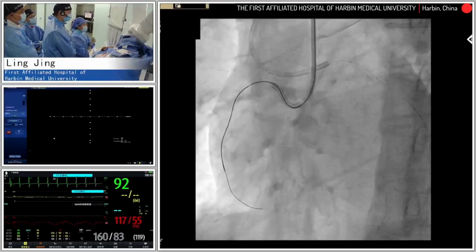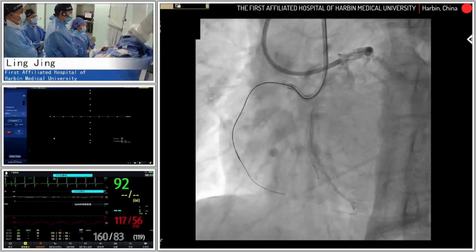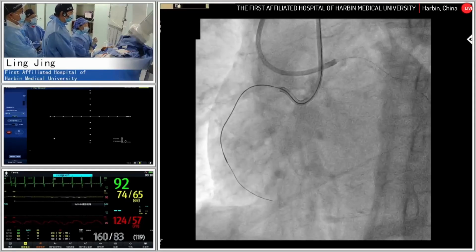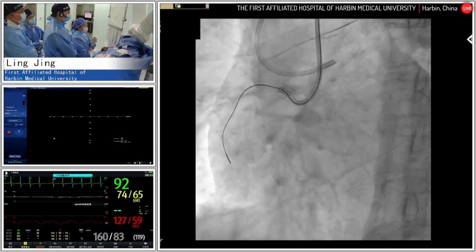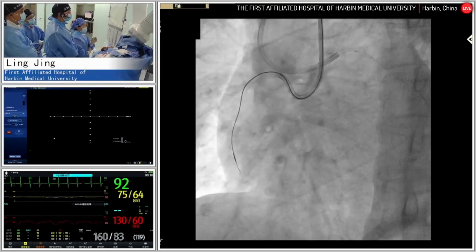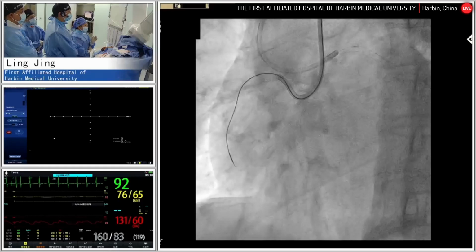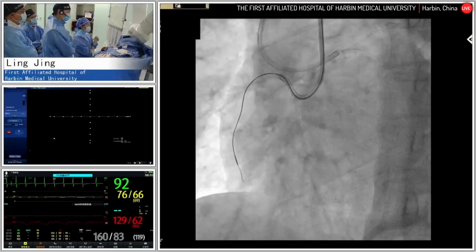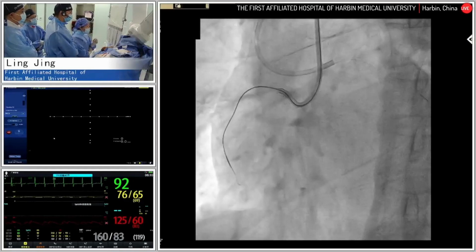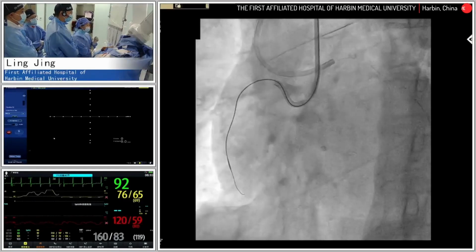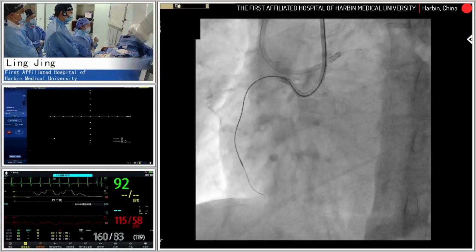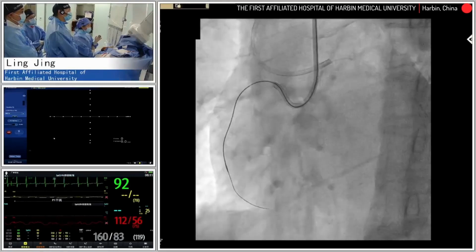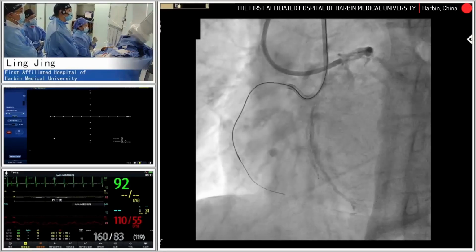For CTO lesions with a tapered tip, it's recommended to start with a tapered tip design wire with low to moderate perforation power, a polymer coated guide wire. Some operators may be accustomed to using a non-tapered tip polymer coated guide wire, such as Pilot 50, which is also an available strategy. If the initial guide wire does not successfully pass the occlusion segment, we will change the guide